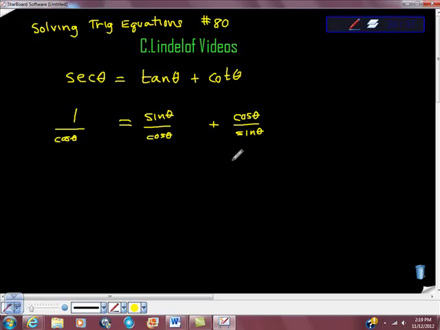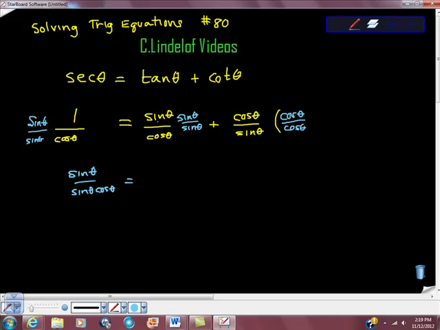The common denominator that I found was sine cosine, I think. So this one I'm going to multiply by cosine theta over cosine theta. This one I'm going to multiply by sine theta over sine theta. If you look, I'm just multiplying by 1, right? And this one I'm going to multiply by sine theta over sine theta. And if we see what we get here, I think we get sine theta over sine theta cosine theta